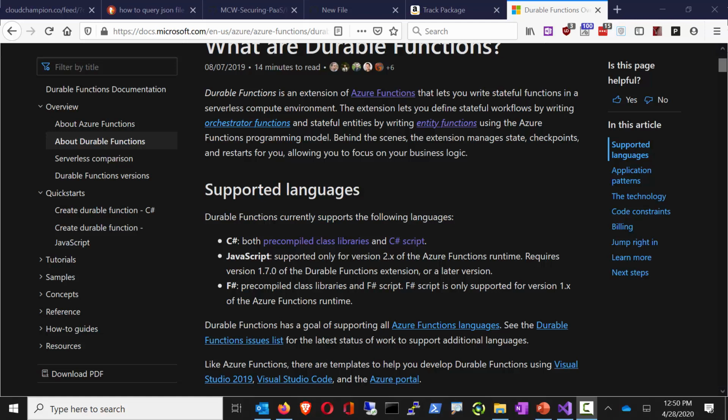Welcome, folks. This talk will be about Azure Durable Functions. This is going to be a deep dive into the new Durable Functions V2 feature. Some of the features that we'll be talking about include entity functions and eternal functions. To get started, let's talk about the difference between what makes Azure Functions and Durable Functions